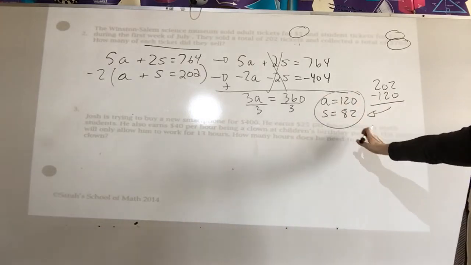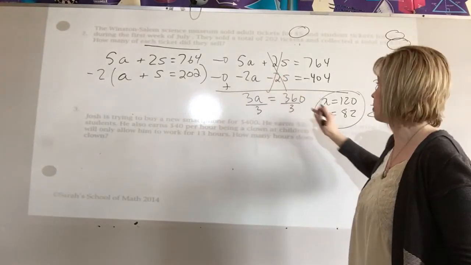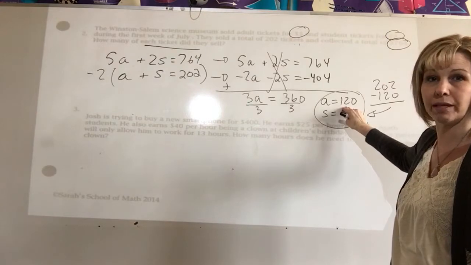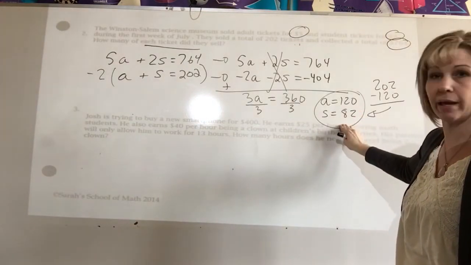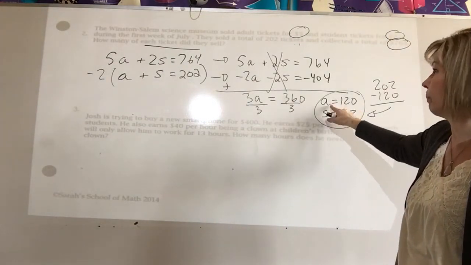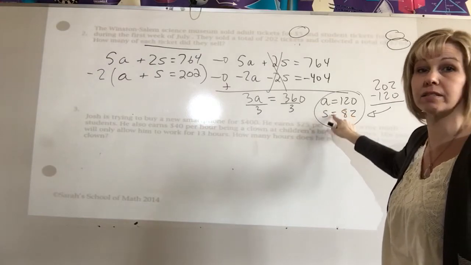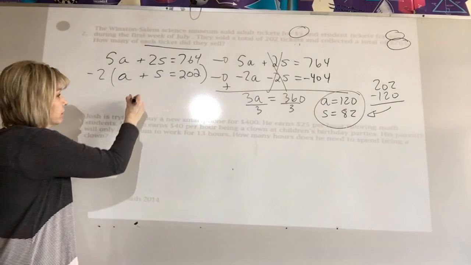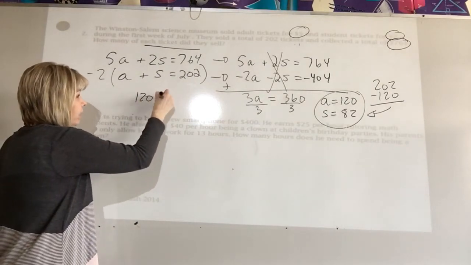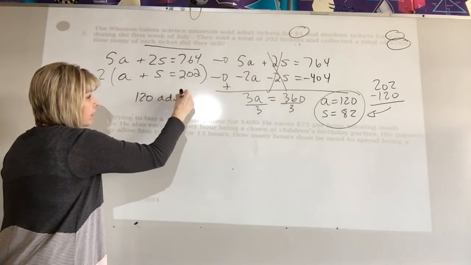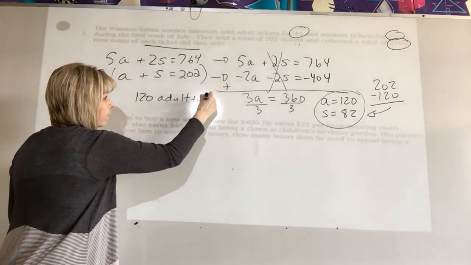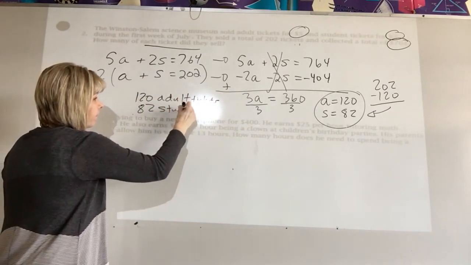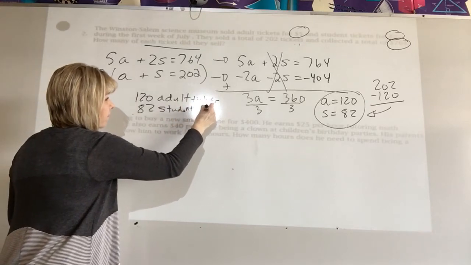So once we have solved our problem, we wrote our equation, we solved it, go back and answer the question. So what does a equal 120 mean? What does s equal 82 mean? So it means we had the number of adults, number of students. So I'm going to write it right here. We have the adults. There was 120 adult tickets and 82 student tickets